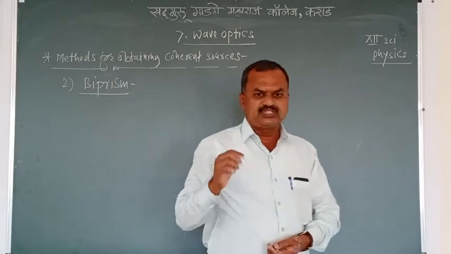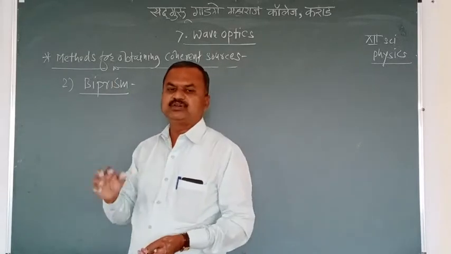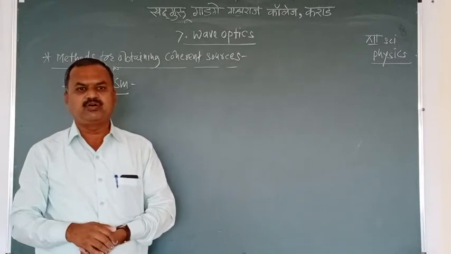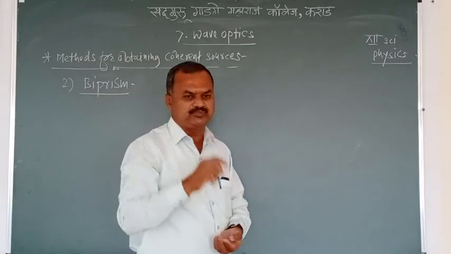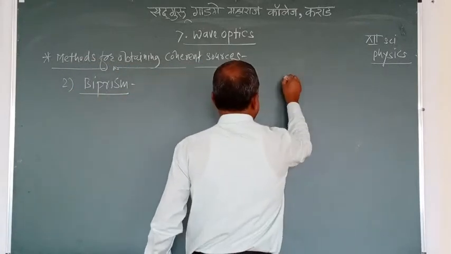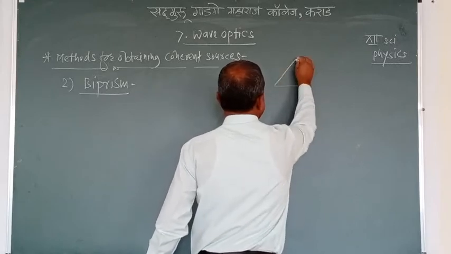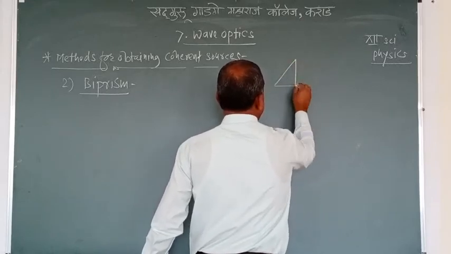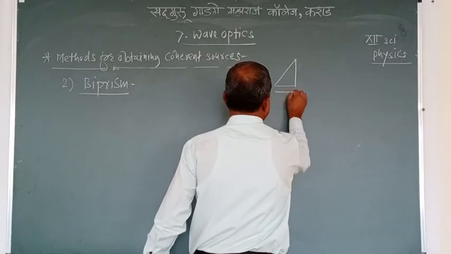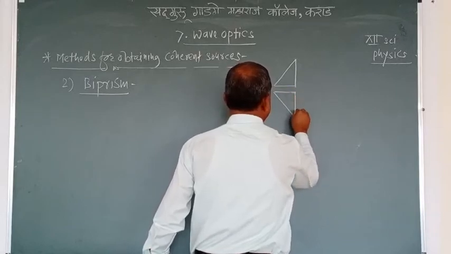A biprism is a special purpose prism made up of two thin prisms like this. This is the first thin prism and this is the second thin prism. These are two thin